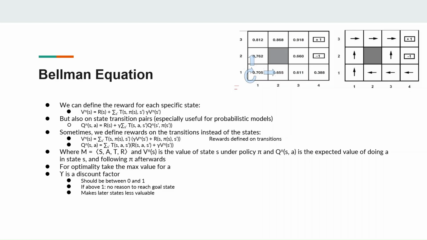By the way, usually we write the policy as a pi. What this means is what is the value from state 1, 1, 1 if we follow policy pi from there. So this is essentially what the formula says, right? So if we write this out, then we can have this. So then we have the probability that we move to the state above, which is 0.8, I believe. And then we multiply it by